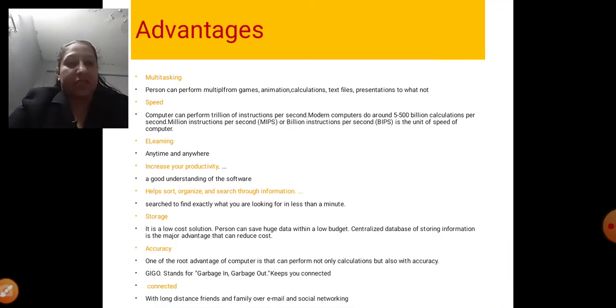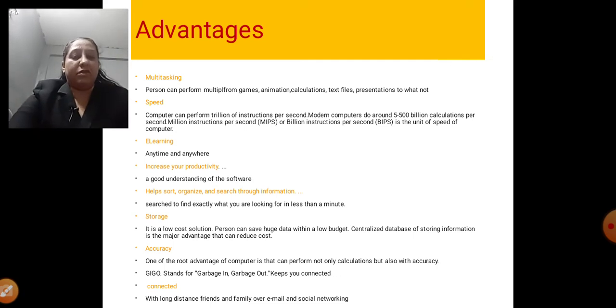Next is storage capacity. Being a human being, our brain is able to store a limited amount of data. Today I'm speaking for 20 or whatever minutes of time. From that you will be able to remember a few things, we will forget the rest. But to computer there is no such limitation. Right now, at the end of this, I will save the video and computer will remember it permanently. So that is how we differentiate our storage capacity and the computer storage capacity.